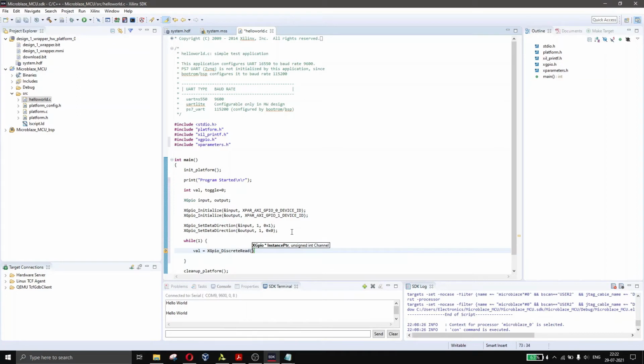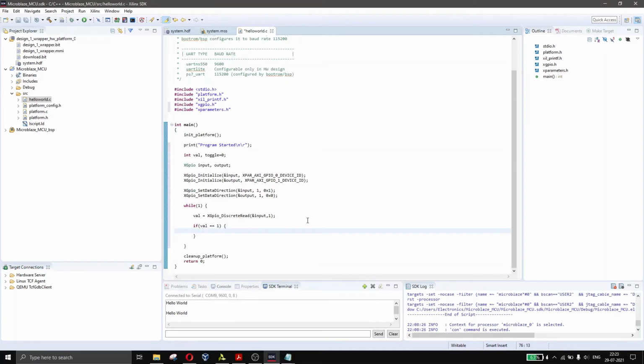Again the instance pointer input, and then comma 1, the channel. So we have read the value, and once we are done with that, if this value is 1, that is if the push button is pressed, if value equal to 1,